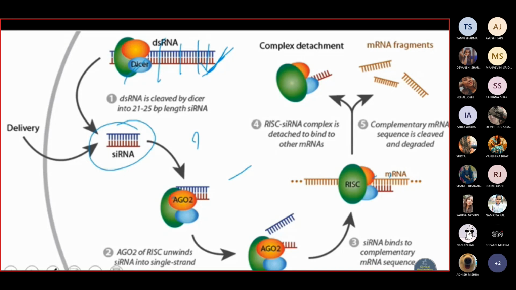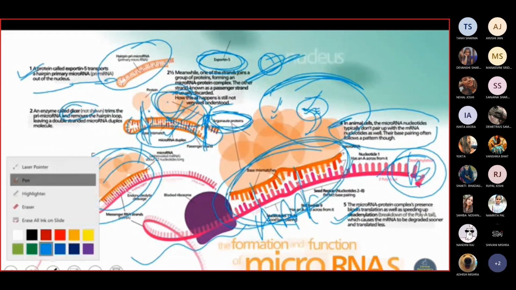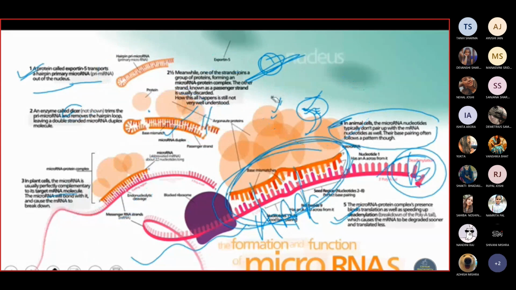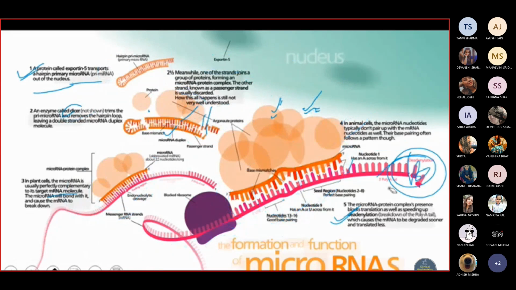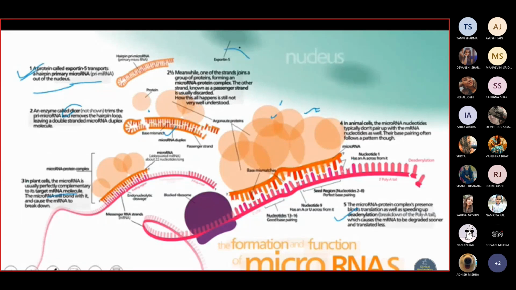Okay? This fragmented RNA, double-stranded RNA, will have two strands. One is passenger, one is guide. In case of miRNA, this is not the viral RNA. miRNA is the product of our own gene. हमारे gene का product है, whose production occurs inside the nucleus, and then with this Exportin-5 transporter, it comes into the cytoplasm, and there it will be degraded and give you passenger and the guide strands. That is the difference. Rest remaining everything will be the same.